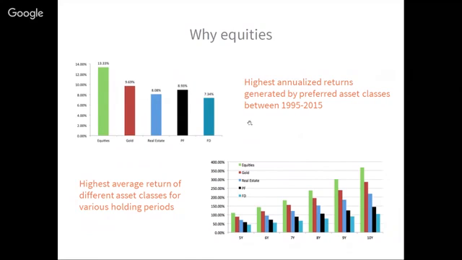Now, the first graph that you see is basically a representation of annualized returns generated by different asset classes in the last 2 decades. That is between a period of 1995 to 2015. Now, the green bar that you see is for equities. A value of 13.33 here represents that on an average, every year, equities gave you a return of 13.33% in